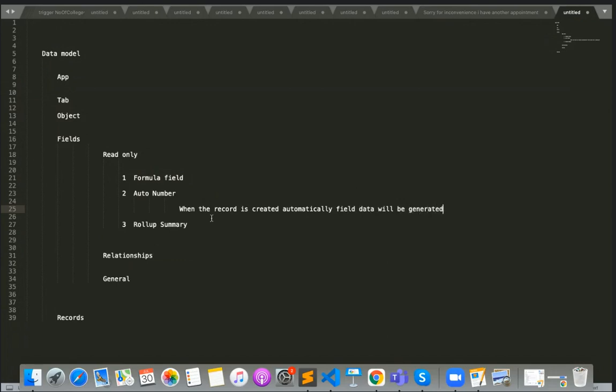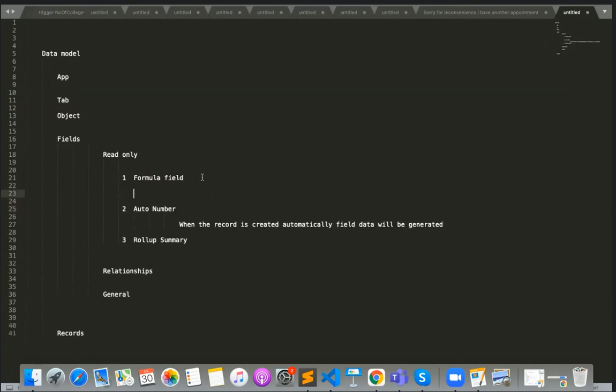Whereas a formula field, based on certain criteria, it will update. What kind of conditions?